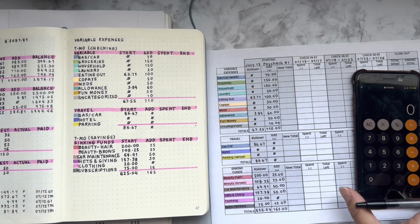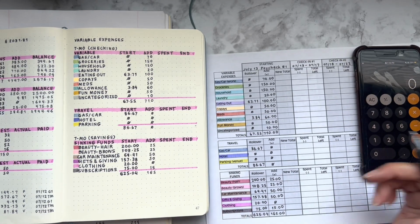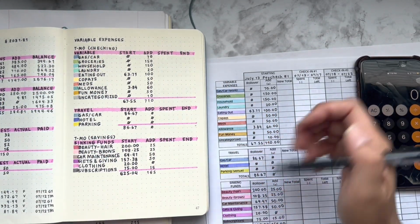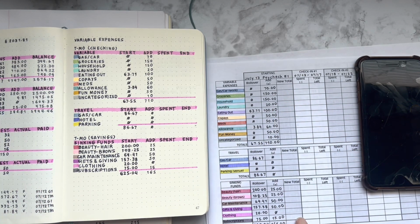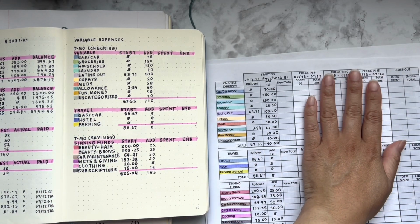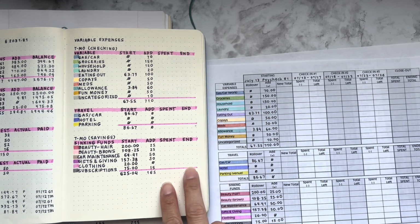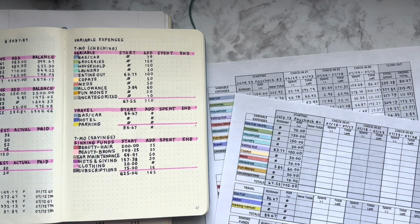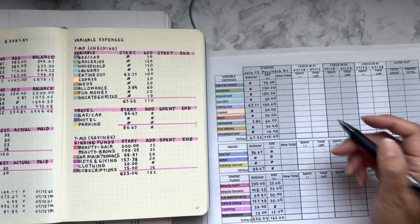All right. So hopefully you can see this because it has gotten kind of dark. I'm just going to do the quick math over here. I went ahead and filled this out, and this basically mirrors this. The only thing I don't have on this is the new total column, and on here I kind of break down the 3 different check-ins, and then this total spent and ending total are over here. So this is sort of like a condensed version. I mean, I could just stick this in here and paste it if I could. But anyway,